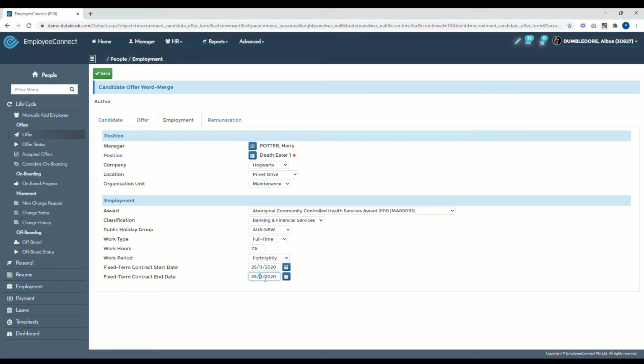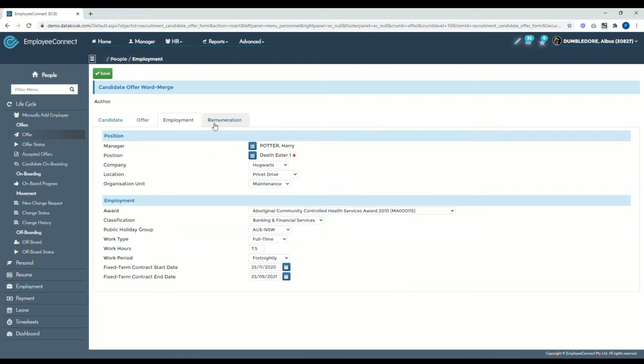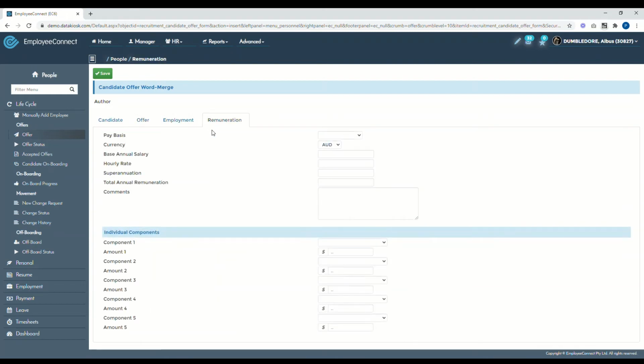Maybe until 09 2021. Okay, should be 05. 05. There we go. All right, so let's go to the next, which is the remuneration, where you define the pay basis of the